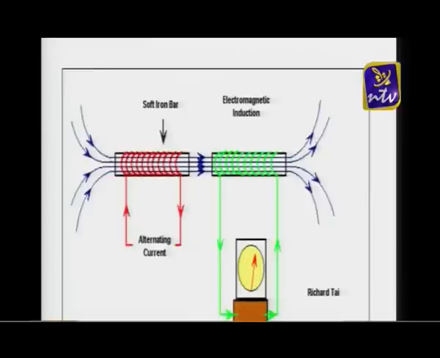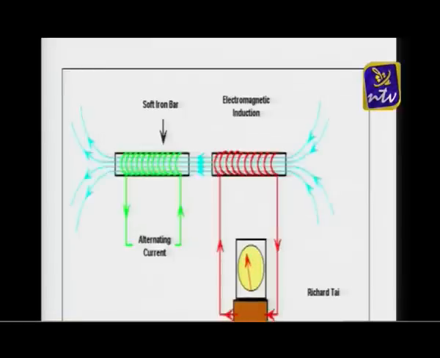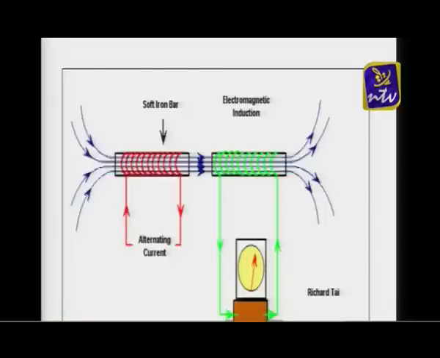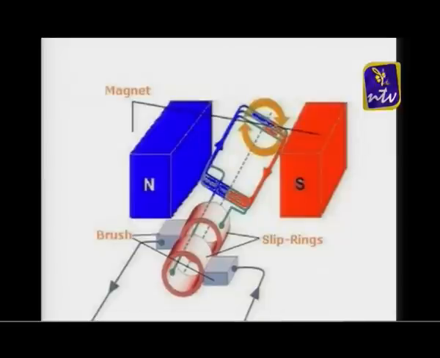And this is also occurring because of the change in magnetic field linked with the coil, not because of the orientation nor because of the area, but it is mainly due to the change in the magnetic field, thereby change in magnetic flux. And lastly, you can see the figure where you are changing the orientation of the coil. By changing the orientation of the coil, we can change the magnetic flux linked with the coil.